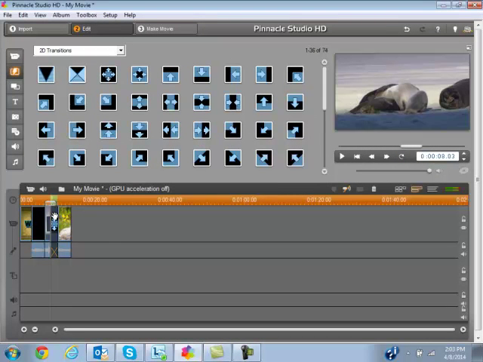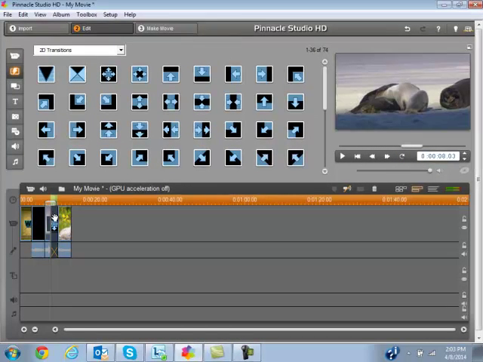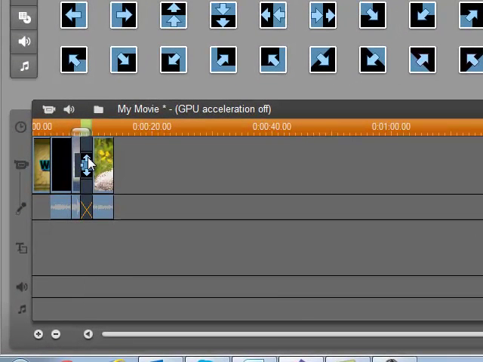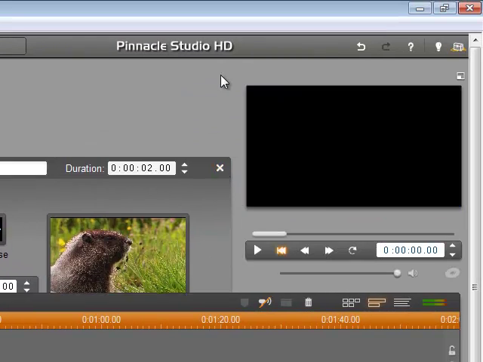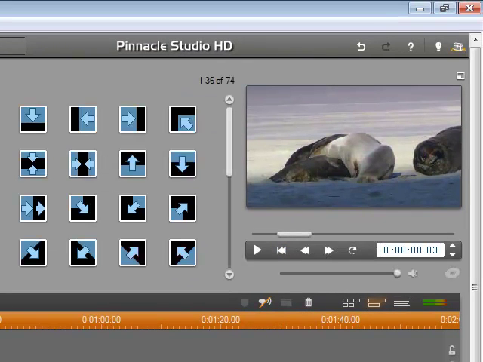You drag it and drop it where you want it to be. You will double click it if you care to. You can go in and you can see how long the transition is set for. And this one is set for 2 seconds. With transitions, you do need enough video on either side for it to transition from one to the